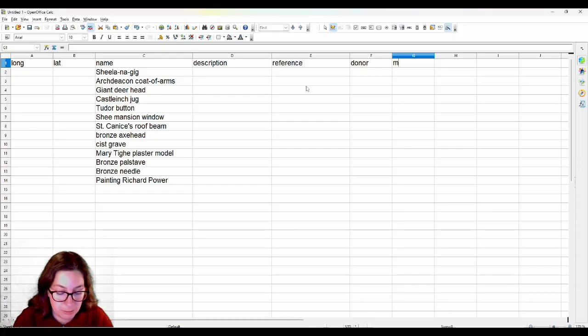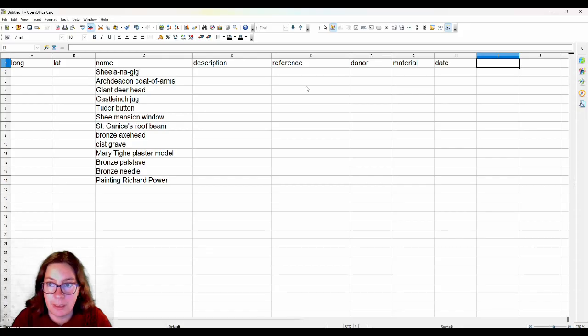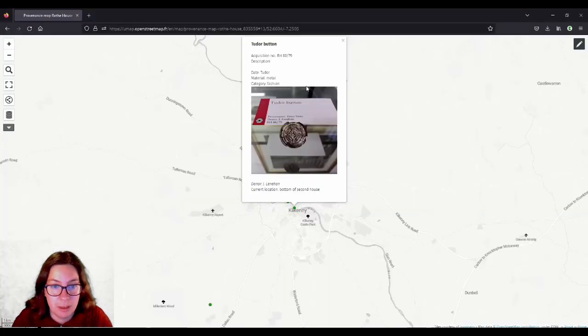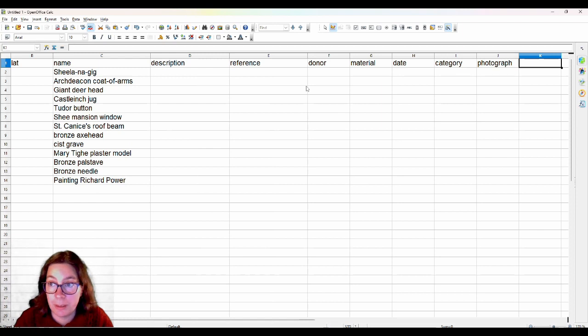The material, the date, a category, and it doesn't really matter in which order you have them in your spreadsheet, as long as you have it somewhat organized and you don't get confused. And then, of course, the photograph and the attribution.